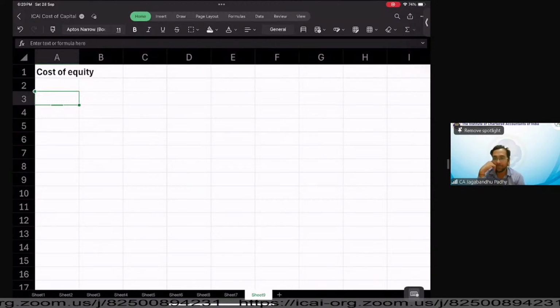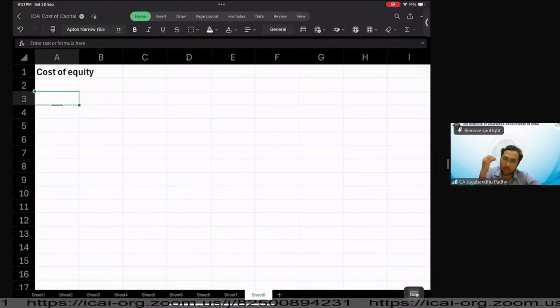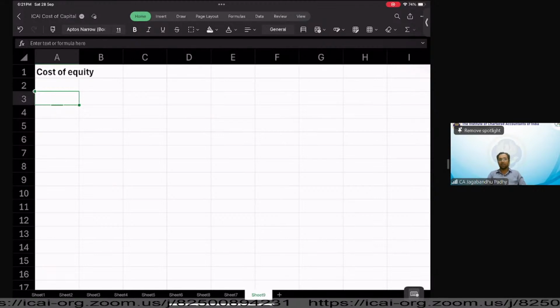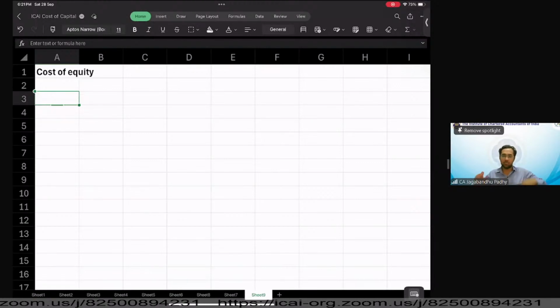For example, suppose you are doing this CA course by taking a bank loan. Suppose you're paying the fees or incurring all your expenditure for the study course or any education. You're taking a bank loan. Will the bank or the banker specify the rate of interest that will be charged to you on your education loan? Yes or no? Yes. So that's a peculiarity of debt and preference shares, that they generally tell you